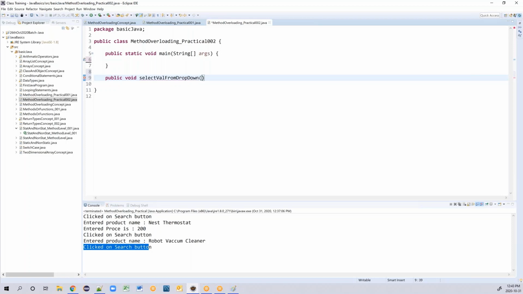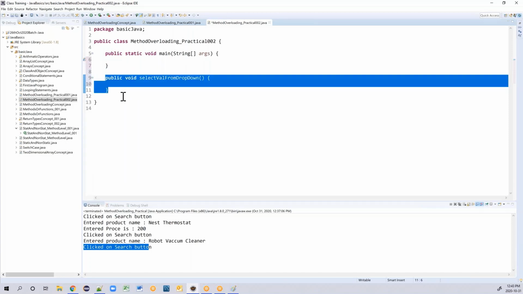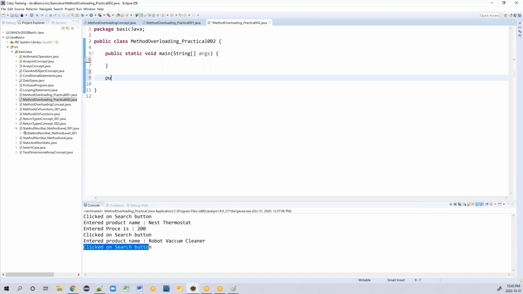I can have one method for all of this, or I can have three separate methods: public void select from drop down using text.